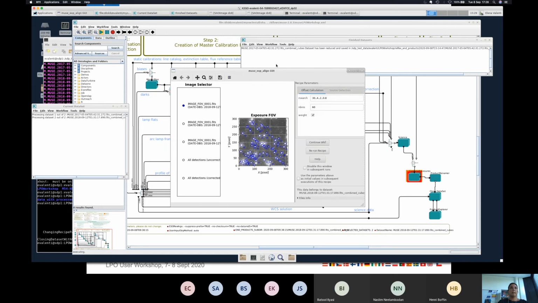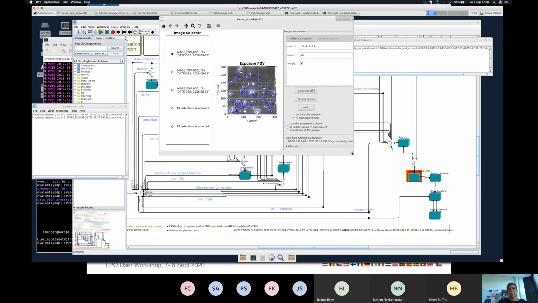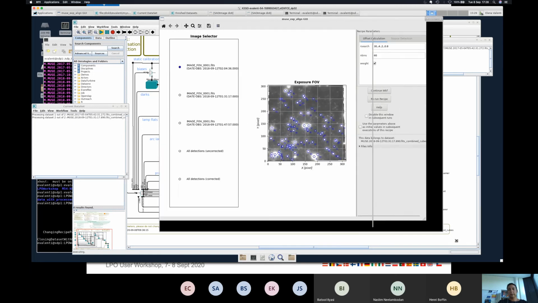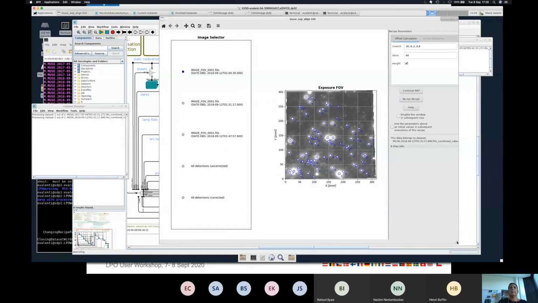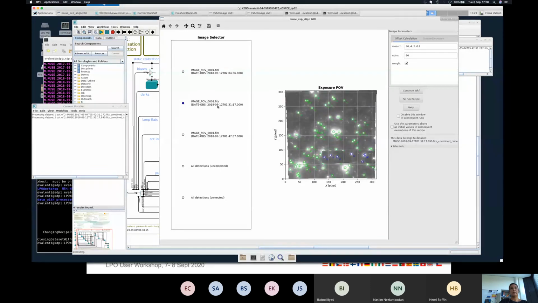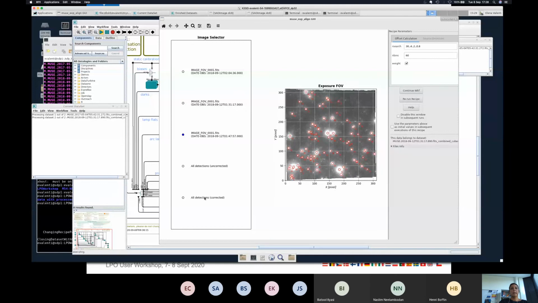So here is the alignment. This is the first exposure with the detected sources. This is the second one, and then you have the third. And then if I look at the